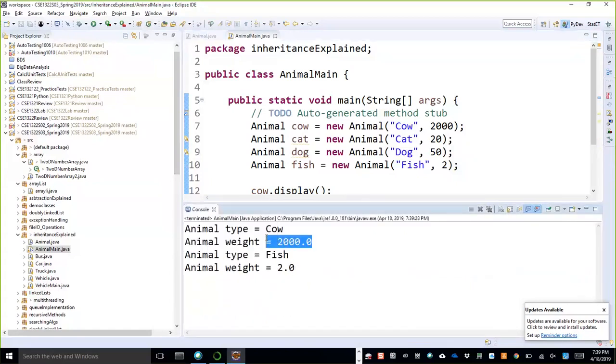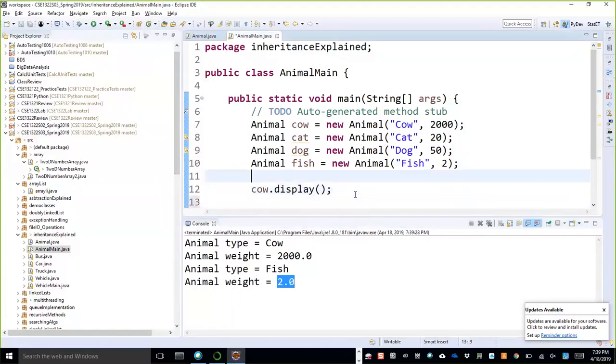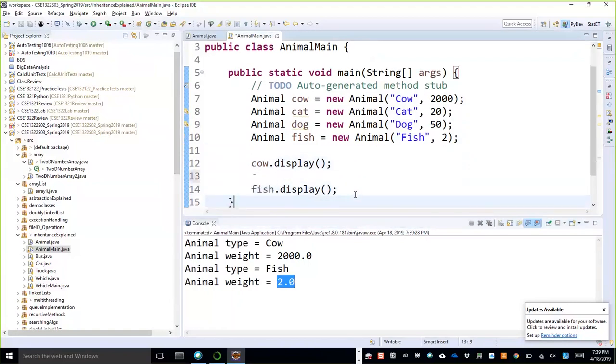You see that individually, my cow type is here, my fish type is here, and the fish weight is 2 pounds, right? So similarly, you can display other things, cat and dog. Easy, right? You can display cat. You can display dog.